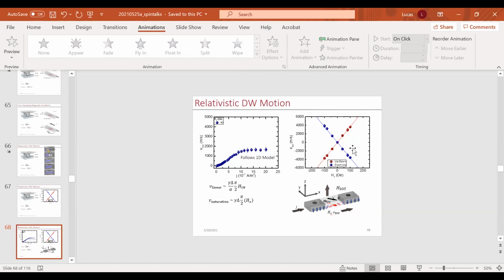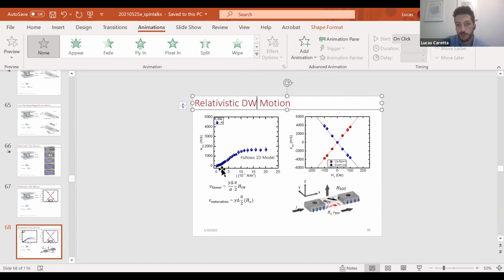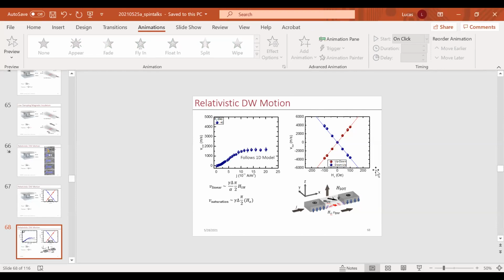Yeah. So basically, in these material systems, when they're perfectly compensated, so when the angular momentum is zero, they behave exactly like an antiferromagnet would, dynamically speaking. So there is no difference in that sense. What we have here, at least in the case of this relativistic domain wall motion, the reason it doesn't look quite like an antiferromagnet is because it's not perfectly compensated. So you still have to account for some angular momentum in the system. I'm not sure that answers your question, but hopefully. Yes, thank you very much. Okay.